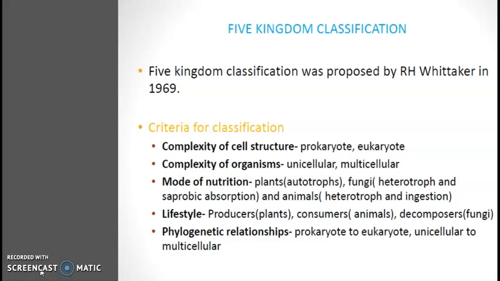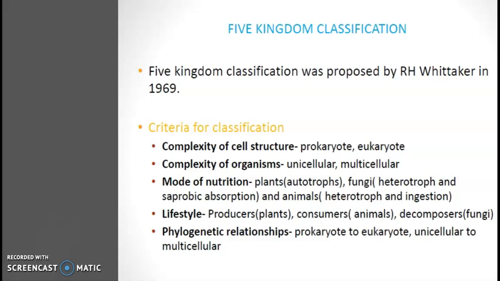It was proposed by R.H. Whittaker in 1969. The criteria for classification was based on the complexity of cell structure, that is, prokaryotes and eukaryotes, complexity of organisms, whether it is unicellular or multicellular, then based on mode of nutrition, like for the plants it's autotrophs, fungi, heterotroph and saprobic absorption, and animals heterotroph